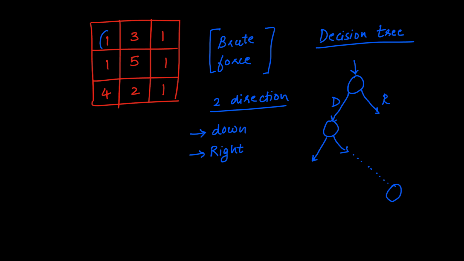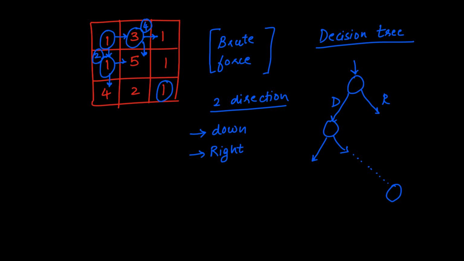For instance, if we start traversal from the first cell, that is 1, we have two options. We can either go in the downwards direction to cell 1 or towards the right to cell 3. And as we are traversing, we'll also have to maintain the path sum. Going towards the right will give us the total 4 and going downwards will give us the total 2 so far. So we'll continue to build all possible combinations that will help us reach to the last cell while also